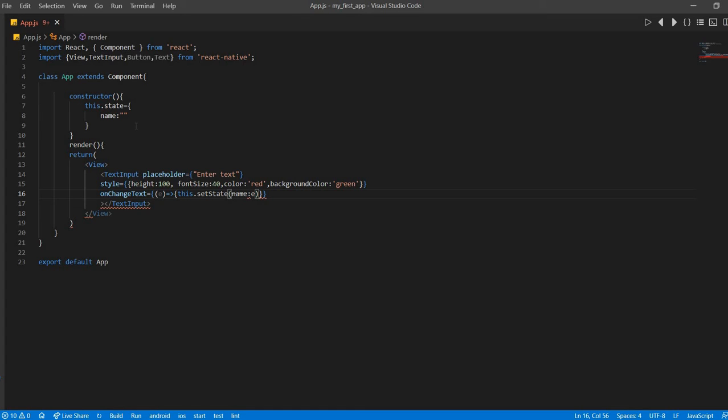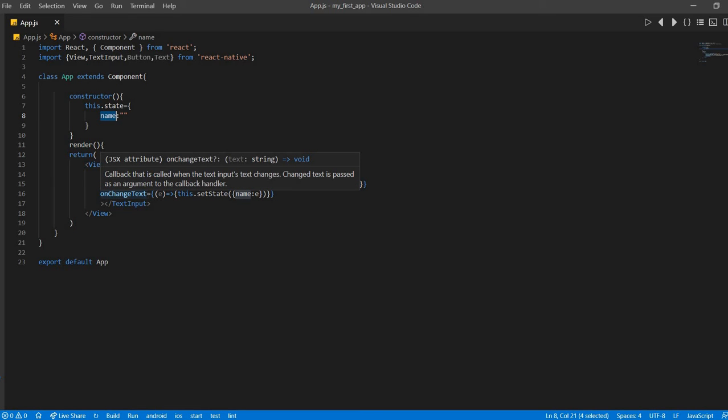So here in the curly bracket, what we have done is declare one variable called name, and we assign the entered text value, meaning here in the onChangeText method, character by character e will be assigned to name.